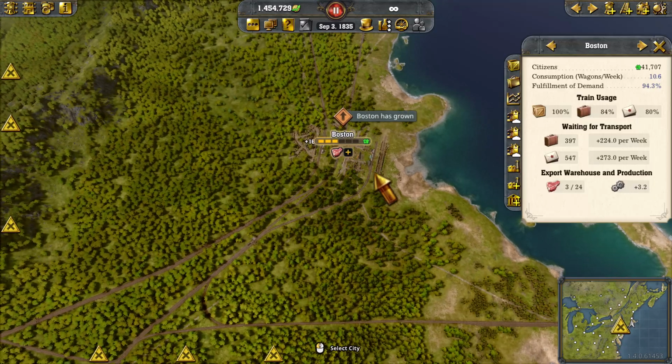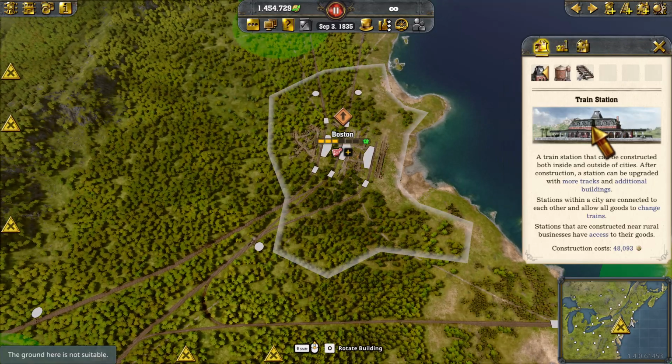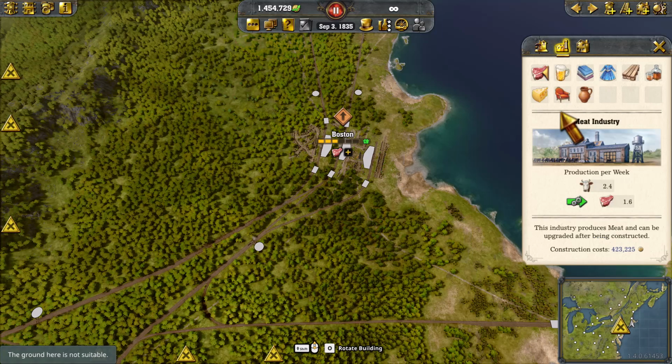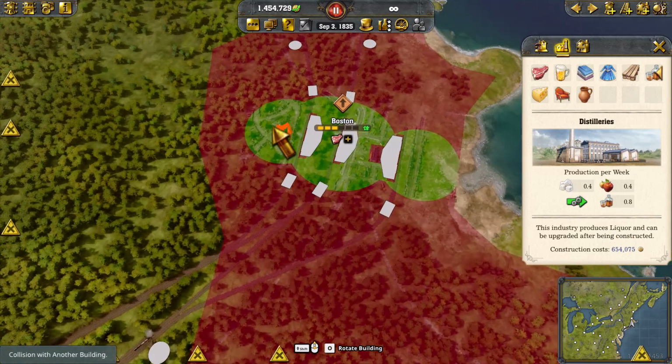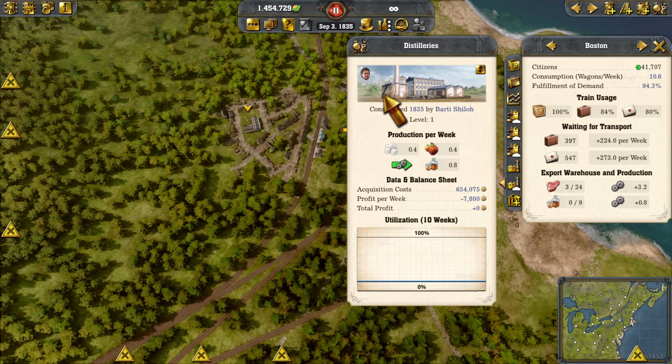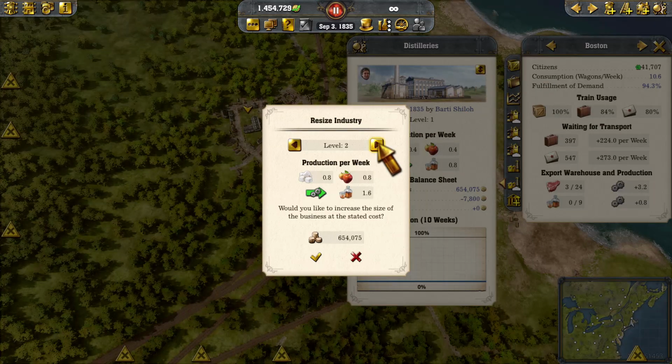So Boston is going to slow down a little bit, but that's okay. We're bringing them in there as quickly as we can, and we're going to go grab a distillery and throw it in Boston. We're going to pump it up till it's producing a 3, and we see here that for sugar and fruit we need